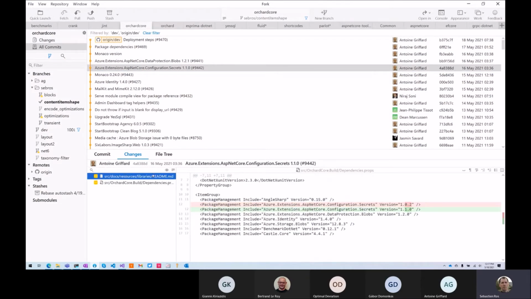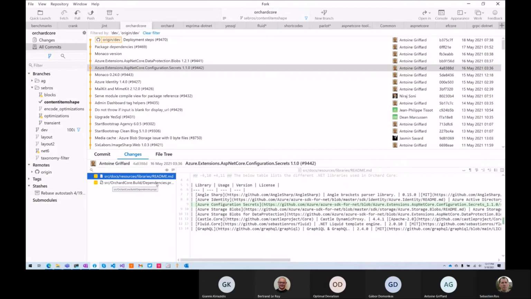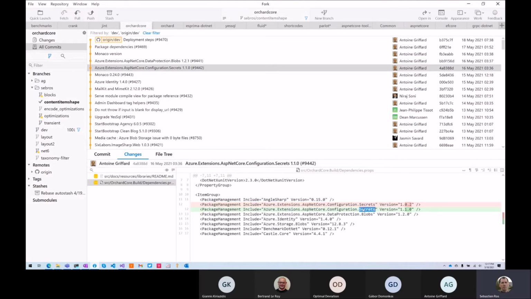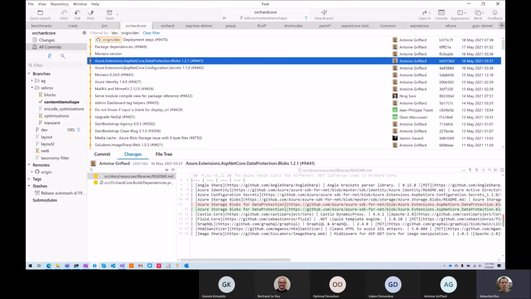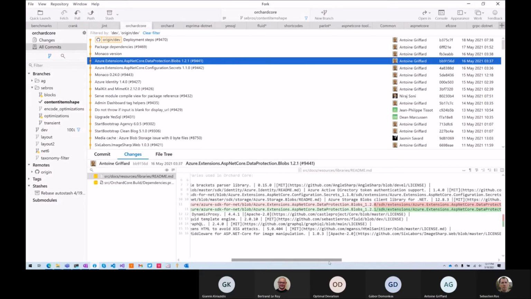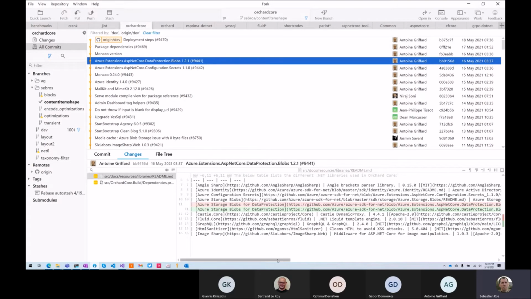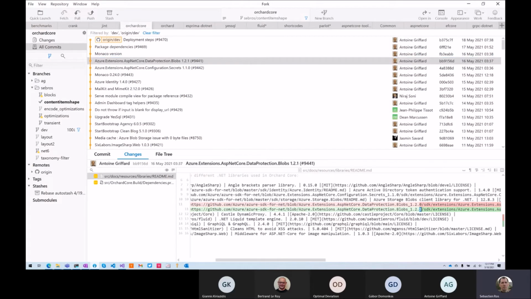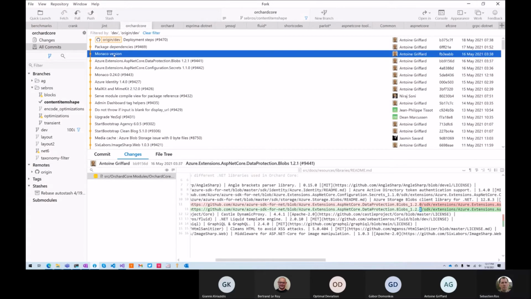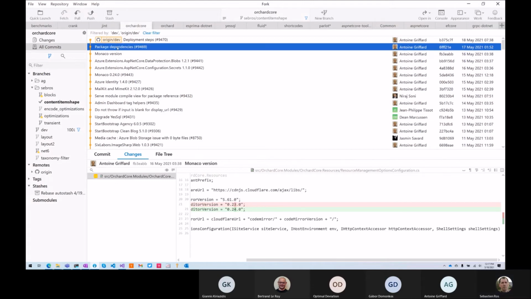Oh, we were using it, but it was not listed. Okay. Data protection blobs. Okay. Very minor update. Monaco version.